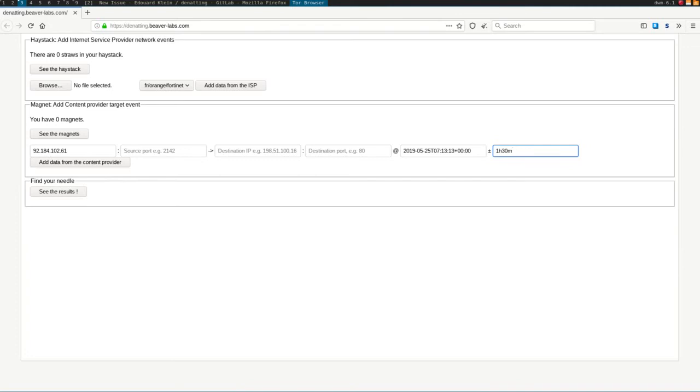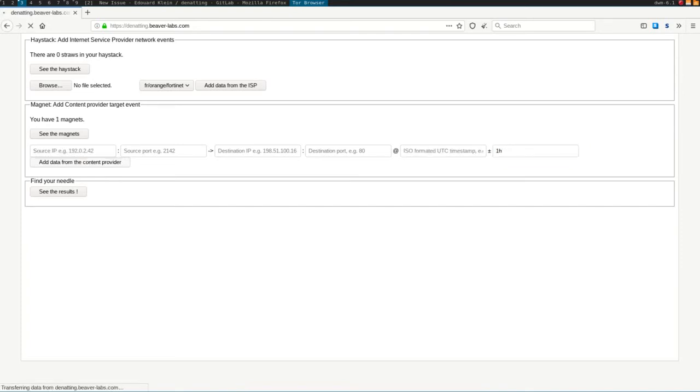So this is the small language in this field. So 1 hour is the default, but you can put 30 minutes if you wish. Anything you want, just always in the same order. The number of hours, if there are 0 hours, you can omit. Then the number of minutes, for example, 30 minutes. Then the number of seconds, for example, 10 seconds. And you can omit any of the fields as long as one is there. So you can add this.